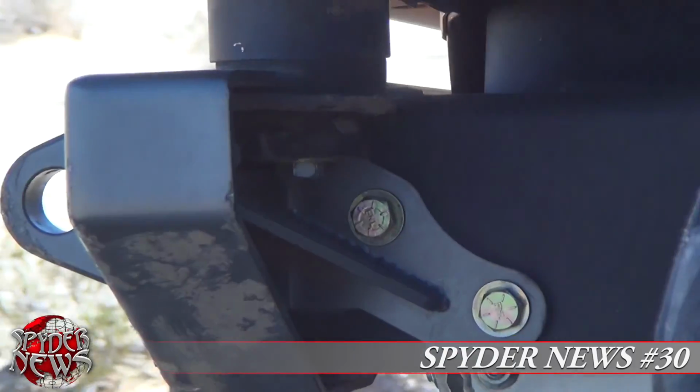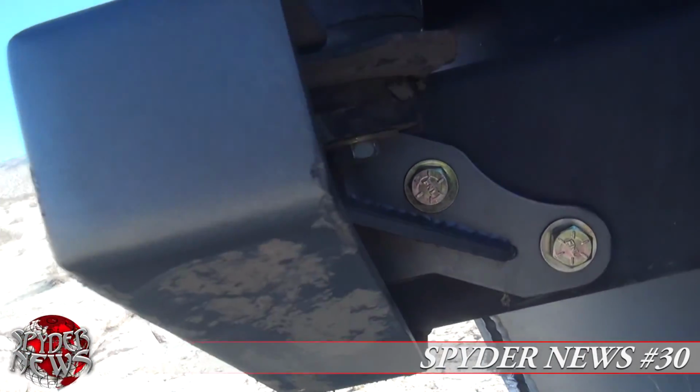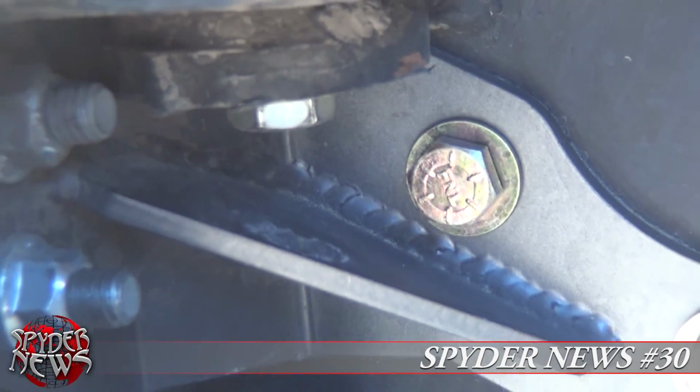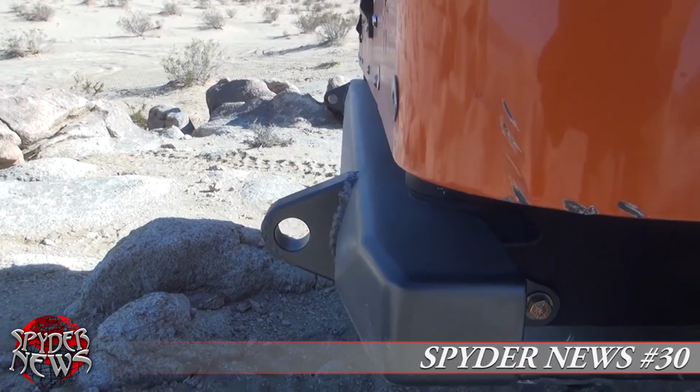the crossmember, but also ties all that back into the frame. So if you drop off a rock, back into a rock, this is designed to make the whole unit work together and give everything just a little bit more strength. So if you plan on really using your BFH, you may want to add a set of these to your